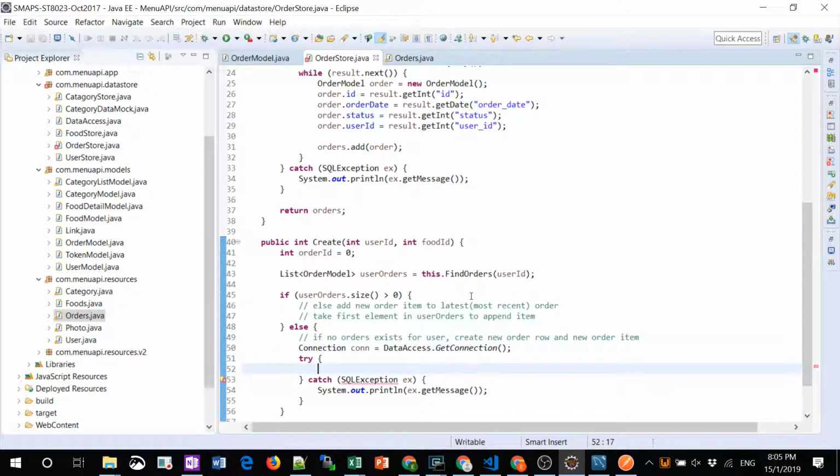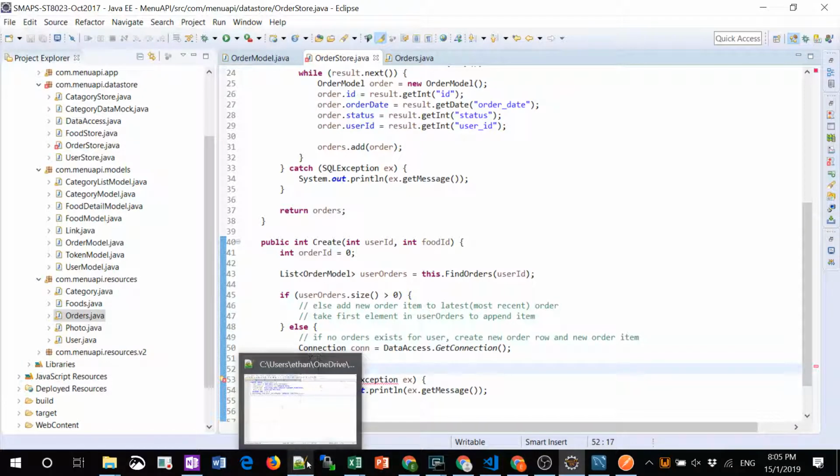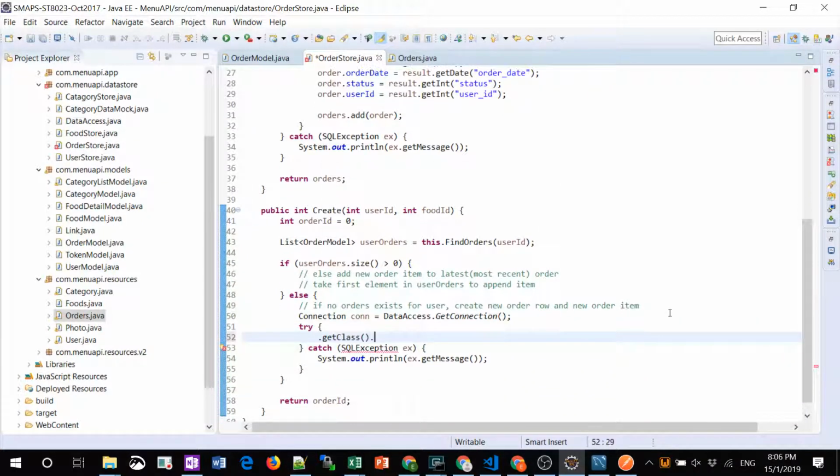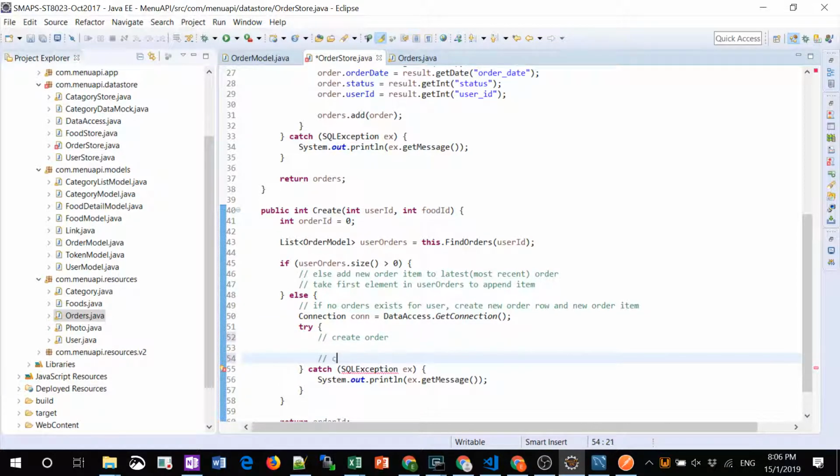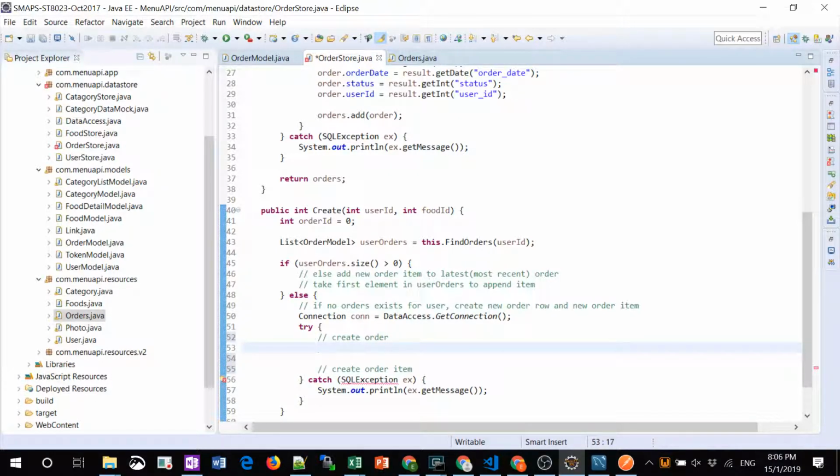Okay, so every order has multiple items. Means every item has an order ID that goes back. So first I need to create the order, get the order ID, then I can create the items. Right? So create the order and create the item. So to create the order,